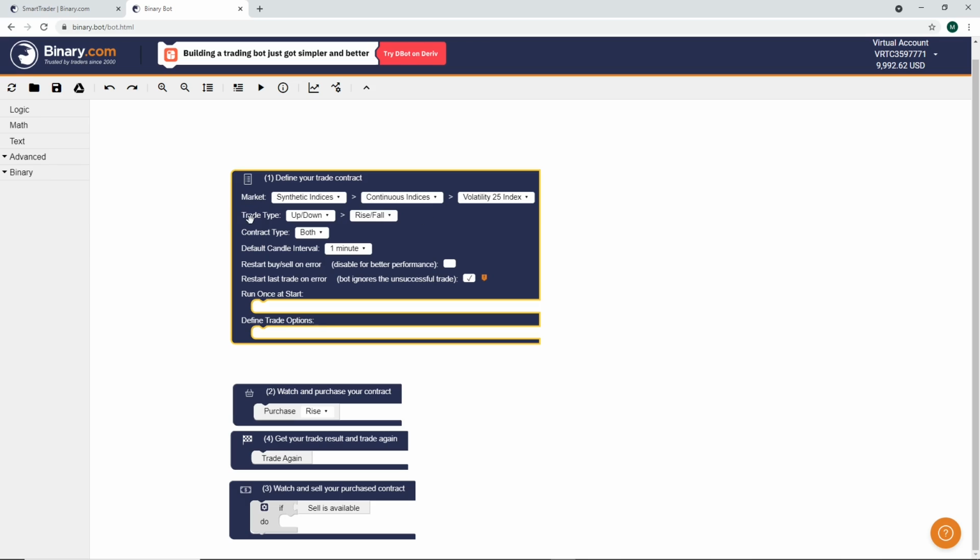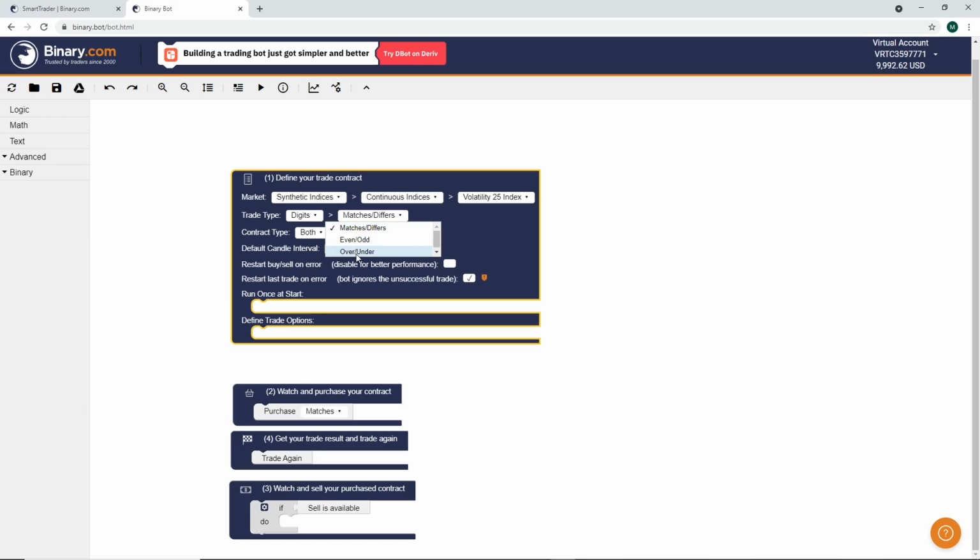Then next we move to the trade type. Trade type will be up, down, touch, no touch, digits and so on. Digits means we can predict the last digit, what the next digit will be. Here I am choosing digits. Under digits there is matches or differs, even or odd, over or under. Matches and differs: if the prediction is 5 and the next digit will be 5, it matches; differs means the next digit will not be 5.